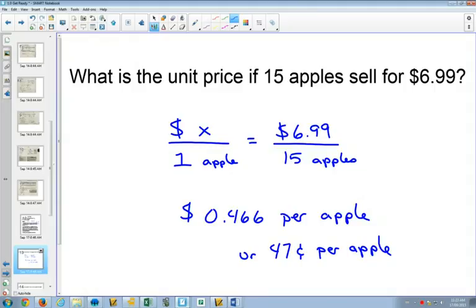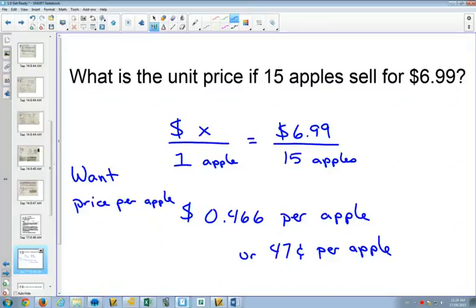Yes, Jordan? How can we put the $6.99 on top and the 15 on the bottom? Because I put it the other way. Yeah. And I got $2.15. Okay, so it's important to see that if I want price per apple,